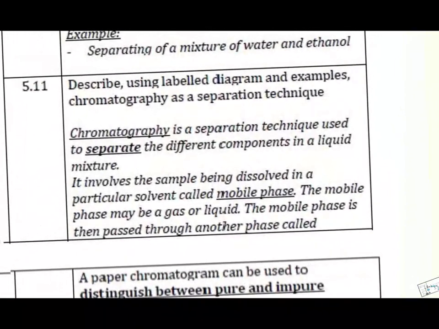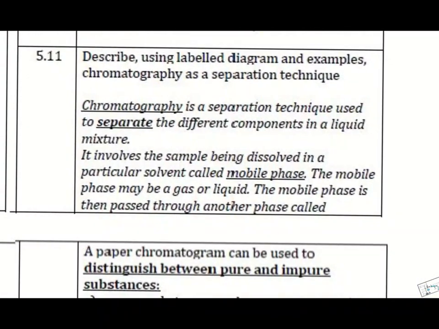The last method of separation, we call it chromatography. Chromatography is a method used to separate the different components in a liquid mixture, but it is usually famous for separating dyes or ink or paints, and this is how they got their name, chromatography. It involves the sample being dissolved in a particular solvent. So if you have ink or paint or color and you dissolve it in a solvent like water,